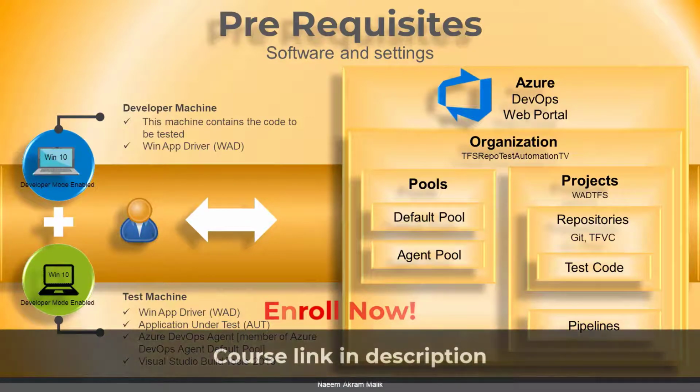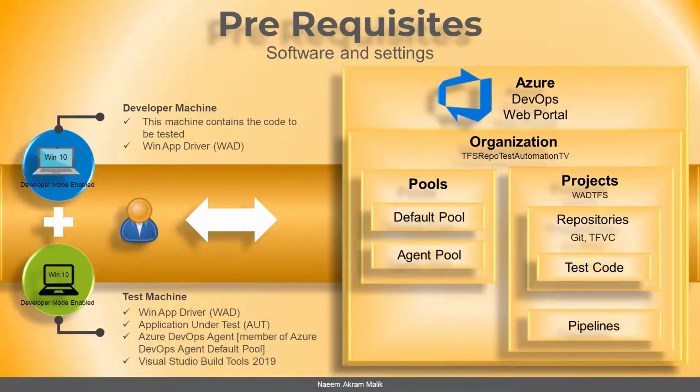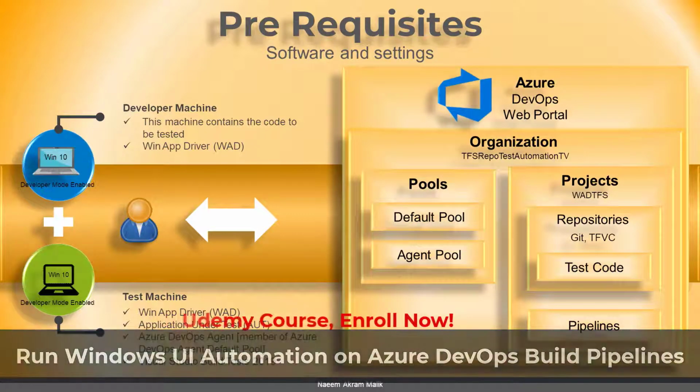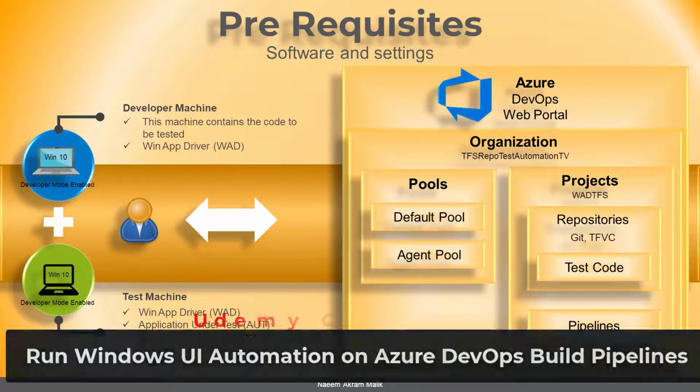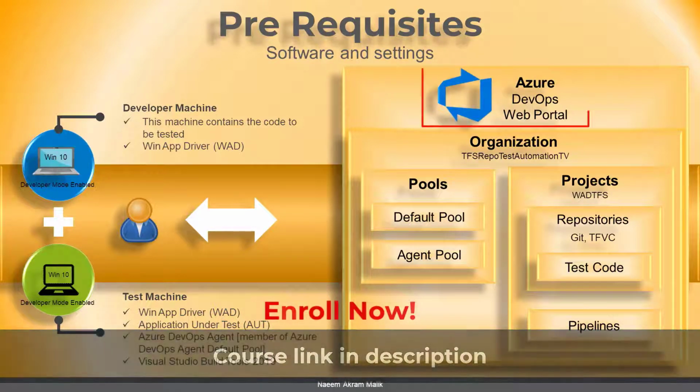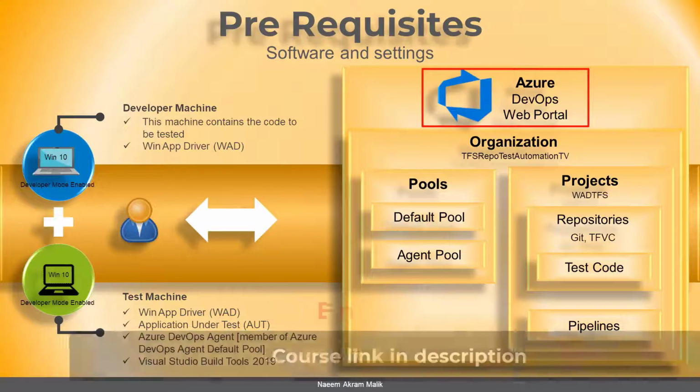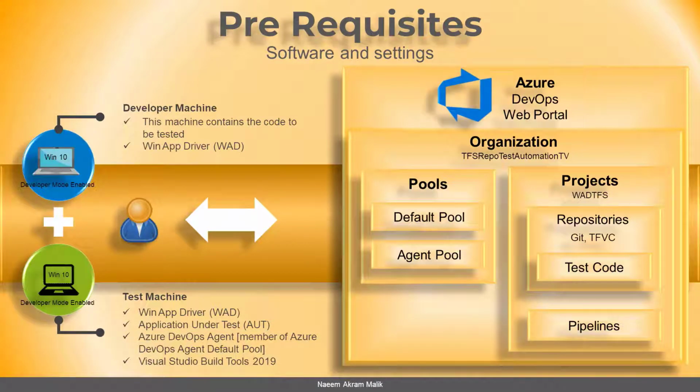I have created a test machine using a Windows 10 Pro VM, which is running on my PC through Microsoft Hyper-V. The same steps can also be performed on an Azure-based VM too. We are going to install all the tools needed to get the job done, and we are going to set them up properly. Afterwards, we'll do some setup on the Azure DevOps side.